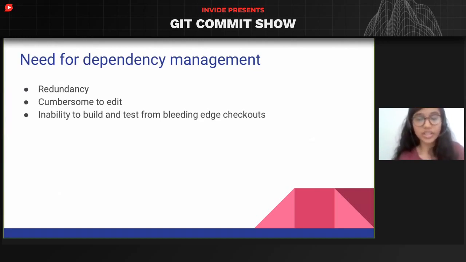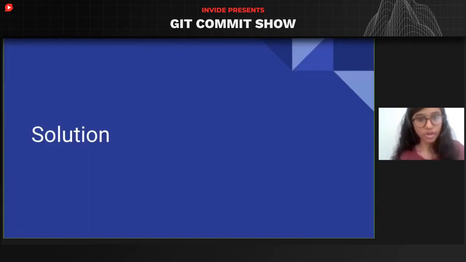So we all know that Git helps us to manage source code, and in order to help it manage dependencies, there was a new code sharing development workflow and an entire set of tools which were created just for this, so that it can help make dependency management easier, and bridge the gap between Git repos and sub repos within it. So moving on, without much ado, jumping into the solution.